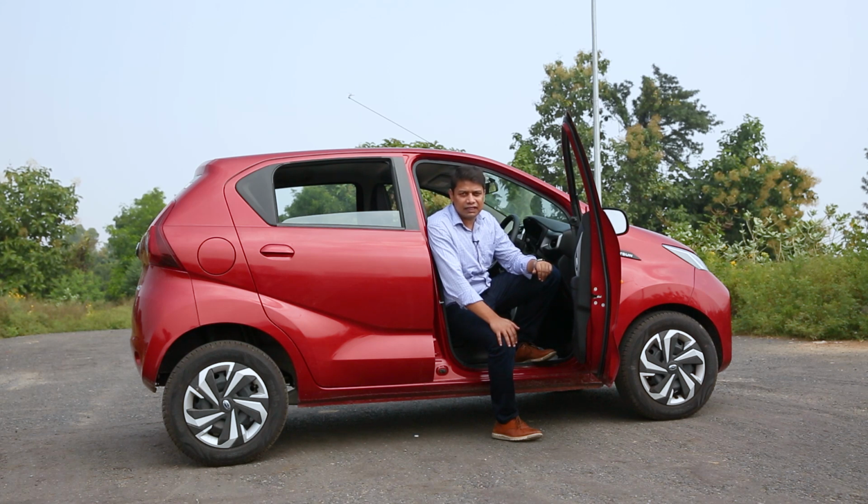kit, remember that this is one of the most affordable AMTs, and if you're in the market for an AMT car which offers you good fuel efficiency, decent space and decent practicality, then a few cars come close to the